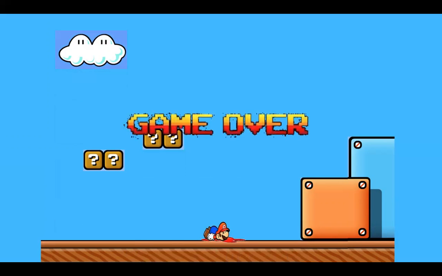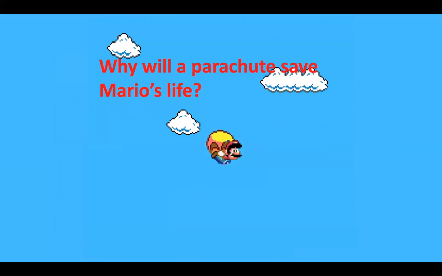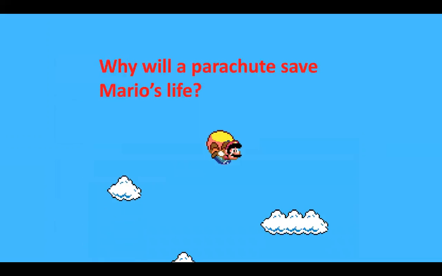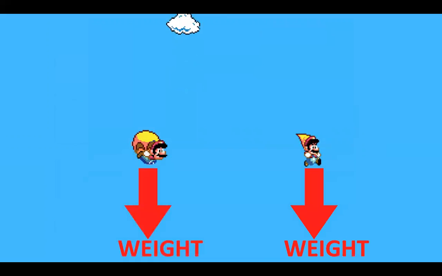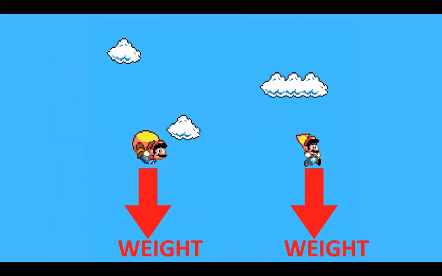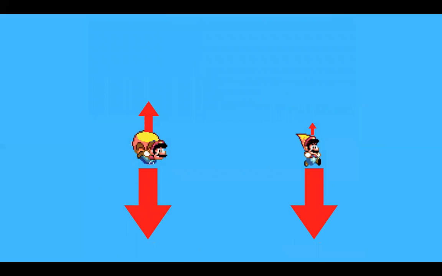So, scenario 2, parachute Mario. Why will a parachute save Mario's life? Well, let's put two side by side. They both have the same weight because they're the same character. They're both falling, but because parachute Mario has a larger surface area because of the parachute, he has a slightly bigger air resistance. So as time passes,